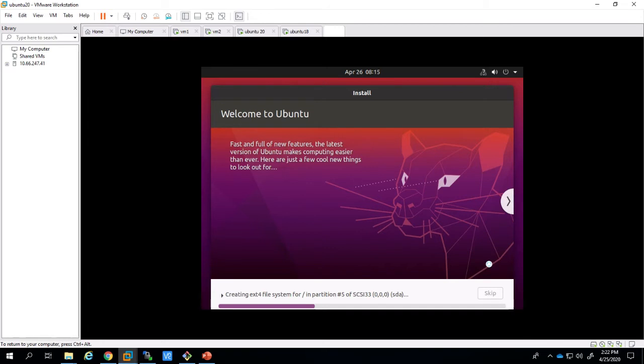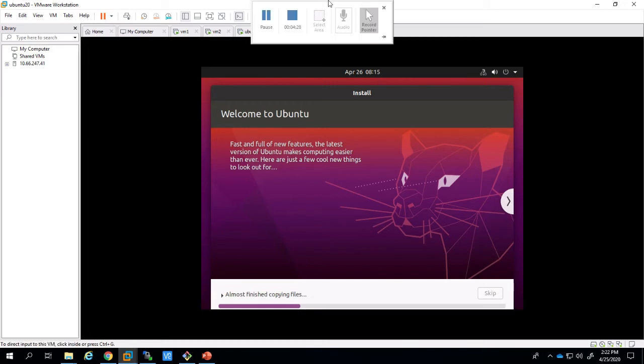So here Ubuntu installation is starting. It is showing welcome to Ubuntu, with fast and full new features. The latest version of Ubuntu makes computing easier than ever. Here are just a few cool new things to look out for.